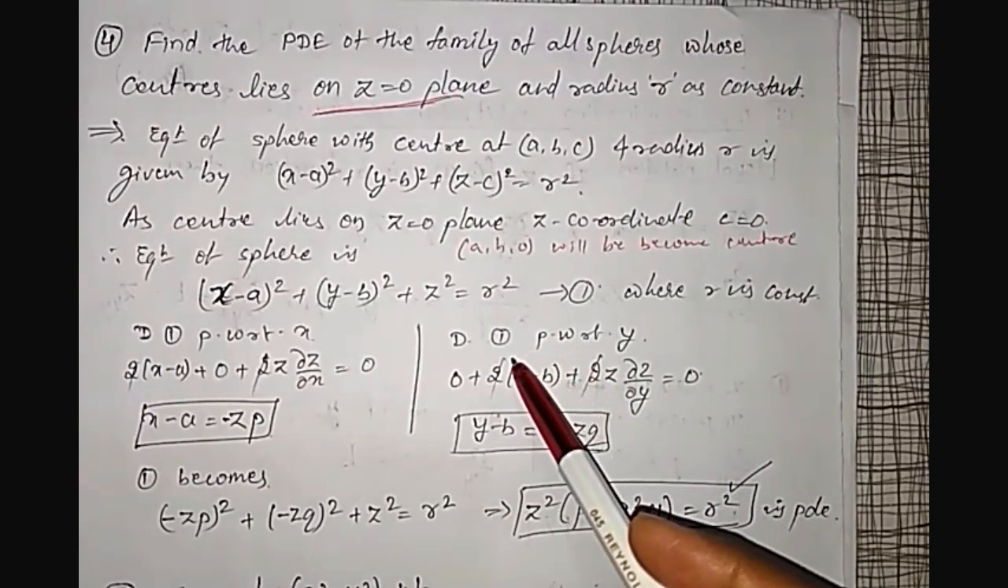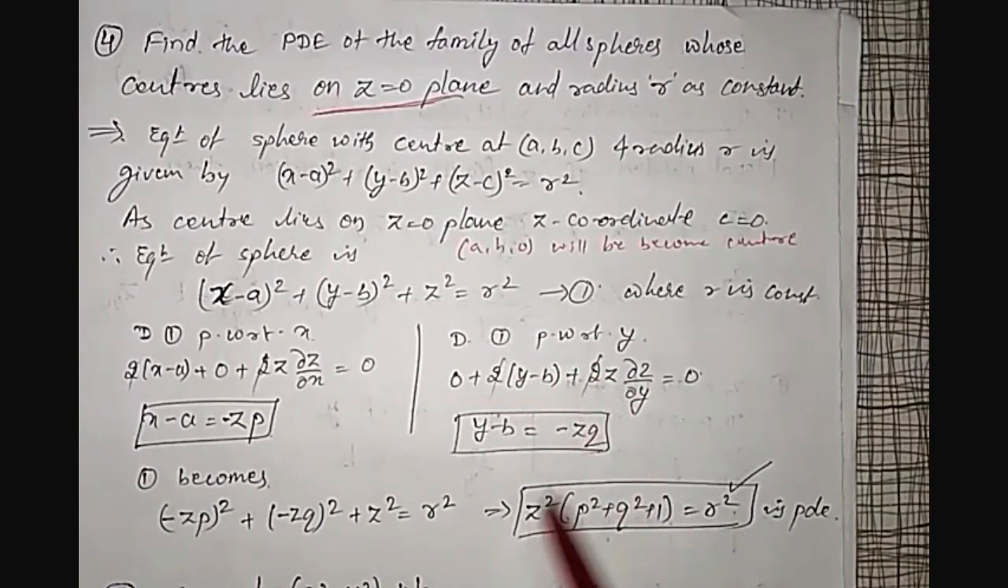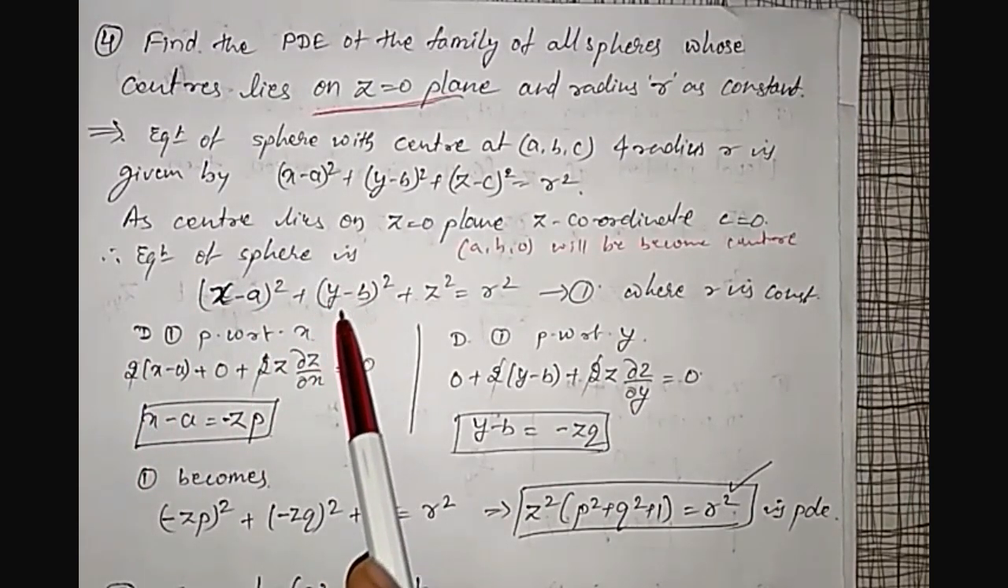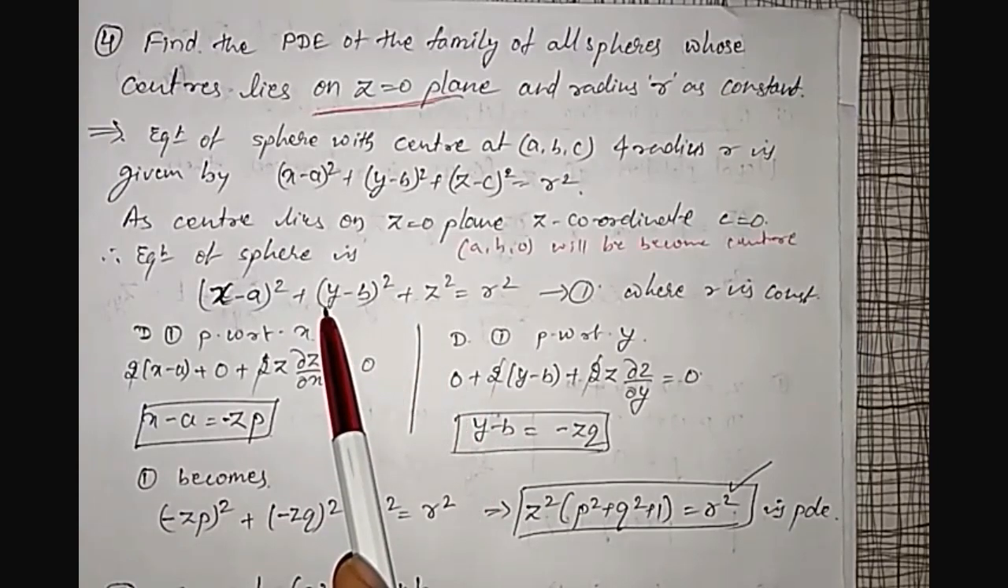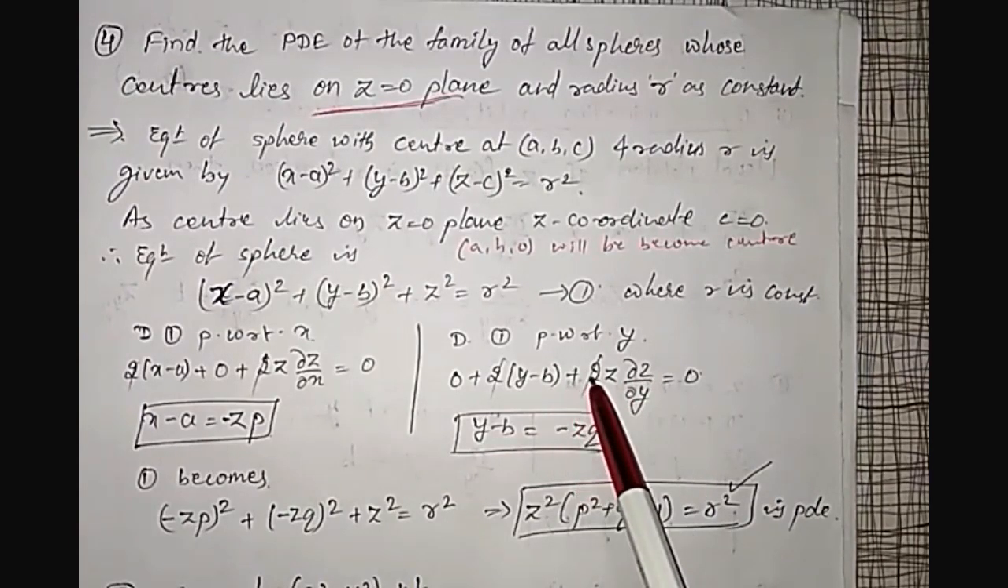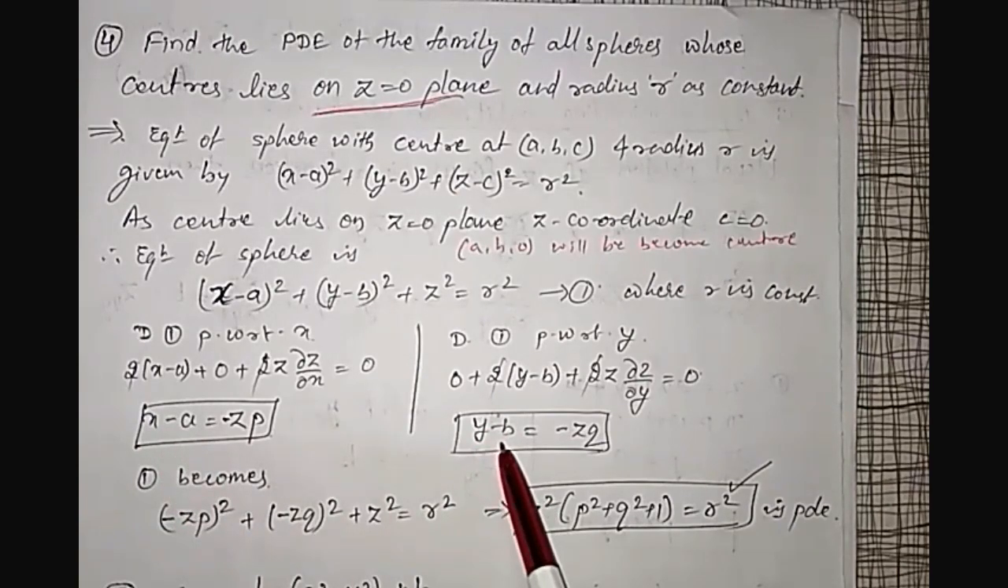And in the second part, partial differentiation with respect to y: x minus a the whole square will become 0. Differentiation of y minus b the whole square is 2 times y minus b into differentiation of y minus b, which will become 1, plus z square differentiation, which is 2z into dou z by dou y. Here we are differentiating partially with respect to y. Simplifying this, shifting to the other side, y minus b equal to minus z into q. Then here x minus a I know and y minus b I know. If you substitute in the given equation of sphere,